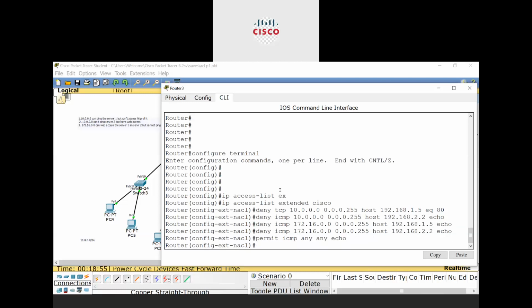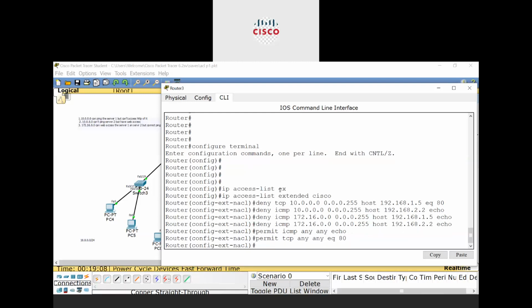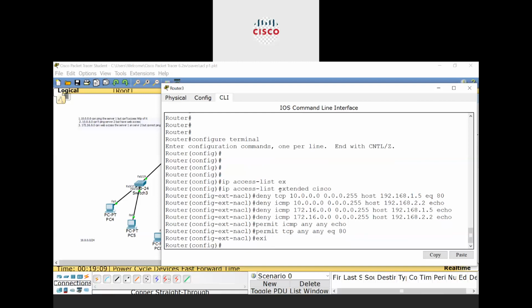Then again permit TCP any, equals to 80. That is the IP address rules that we have to configure.